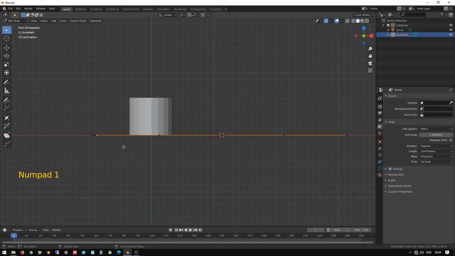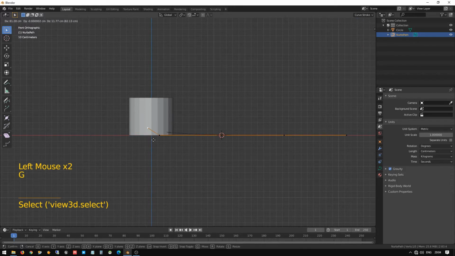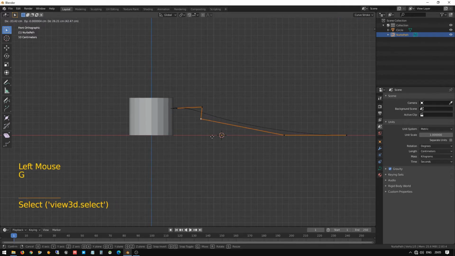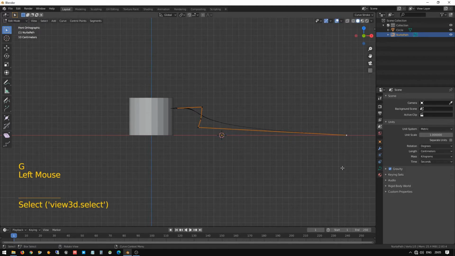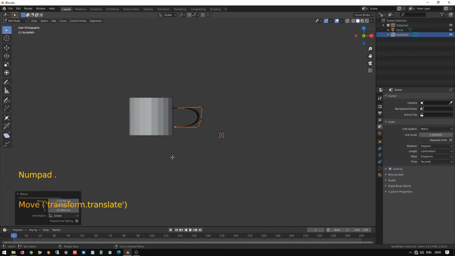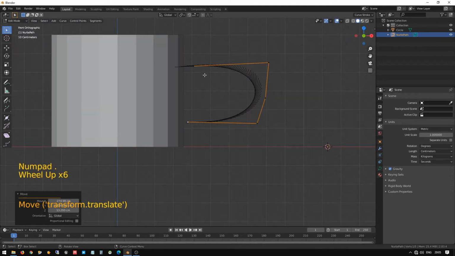So what we are going to do is the same in this. I'm going to the front view, select these vertices and press G to move. So you can see some curve appearing there. That is the design which was required for us. So I just complete this one: press G and move like this, and press G and move like this, and press G and move like this, and select this vertex and press G.